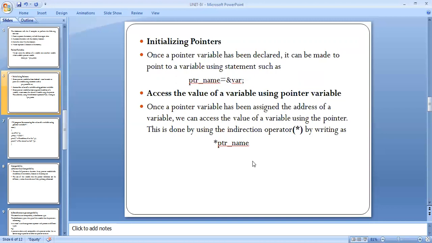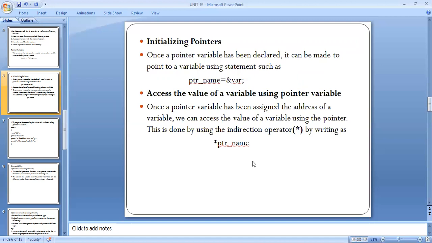Assignment operator means the right-hand side address or element is assigned to the left-hand side. Ampersand means the address of the variable, with the semicolon. The pointer variable can then be used in statements.